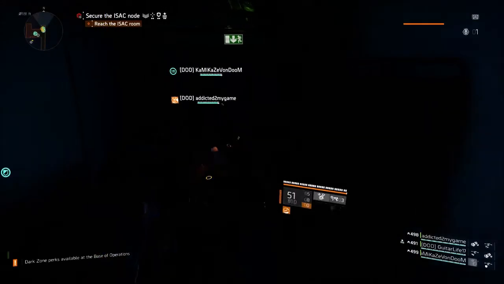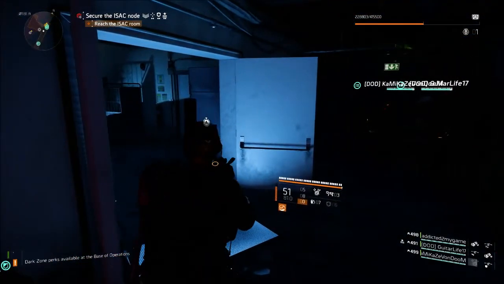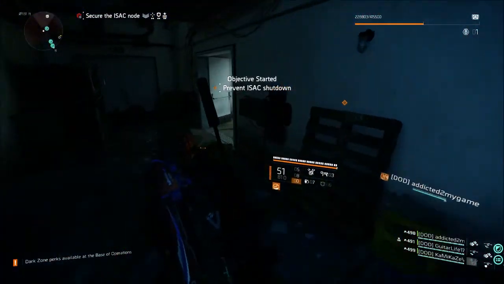So say you use half your charges and you could pick this up. I guess this goes for all Hives now. You can pick up and actually save those charges and use them later on. So I guess if you're fighting a group of people in the DZ and you pick that up for say